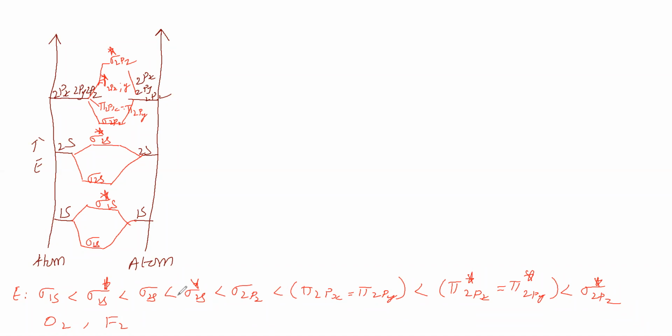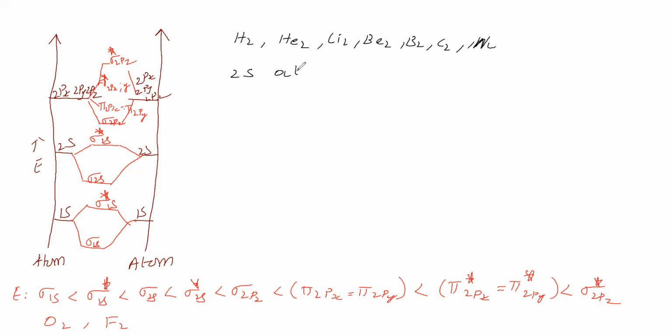What about N2? What about nitrogen N2, C2, B2, Be2, Li2, H2, He2? How will it be there? That point we'll see. For N2, how will the energy of atomic orbitals be? Then we'll see the energy of molecular orbitals. So for H2, He2, Li2, Be2, B2, C2, N2, for these cases, what happens is